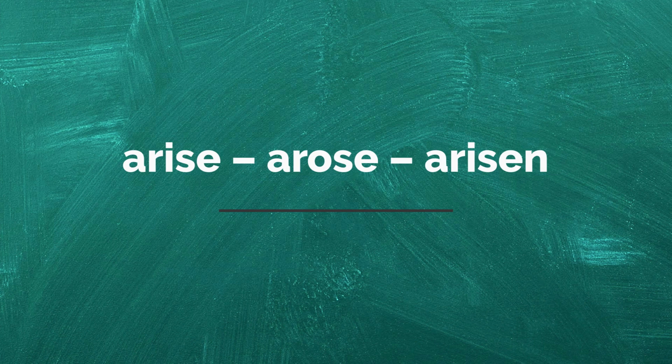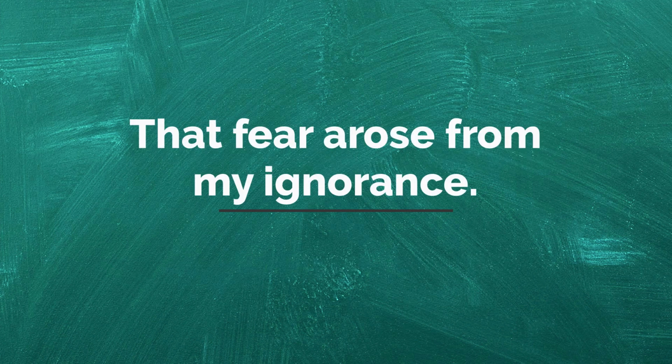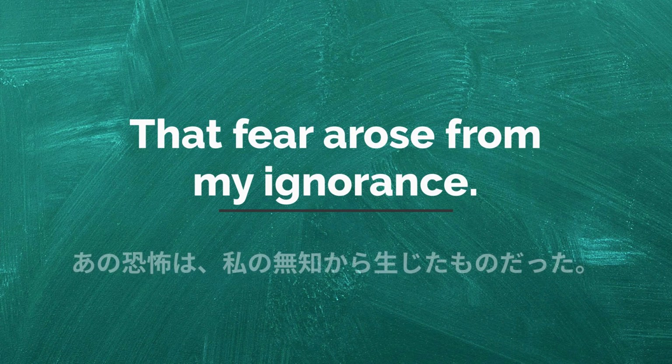Arise, arose, arisen. 生じるの過去分詞形。 That fear arose from my ignorance. あの恐怖は私の無知から生じたものだった。